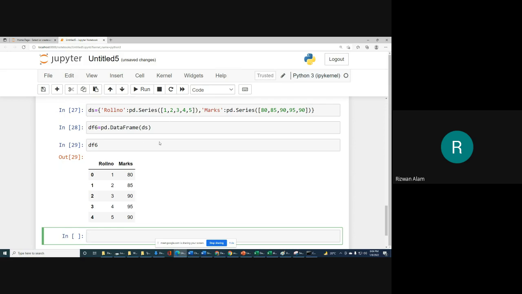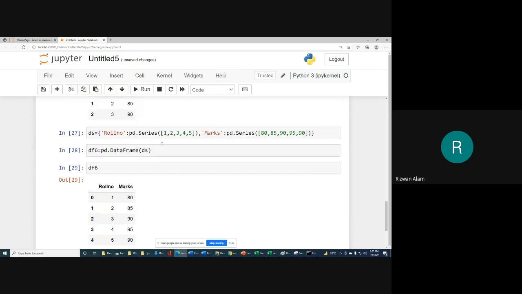So this 1, 2, 3, 4, 5 will be your column. These values will create the first column of the data frame, and similarly we can create the second column for marks. That is the key of the second element, so it will be treated as the name of the column, or index of the column, or we can say level of the column. So marks will be the second column, and again for the values we have created a series, and a series is one column of data, so this whole column will be created in your data frame.